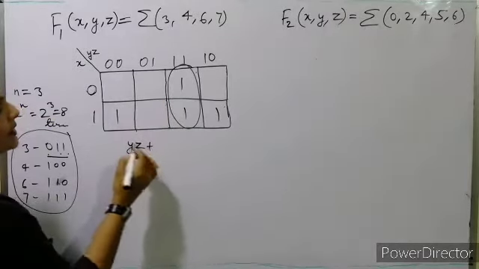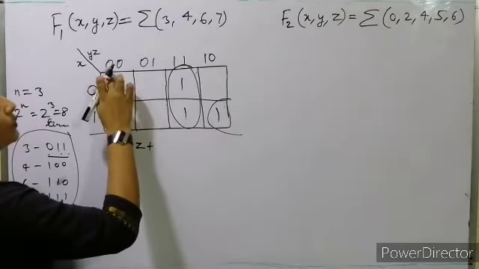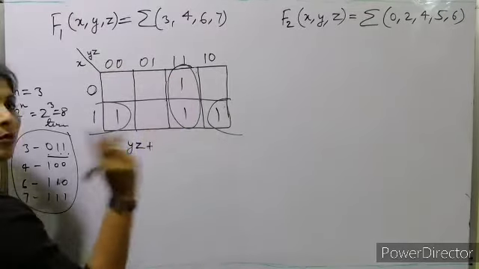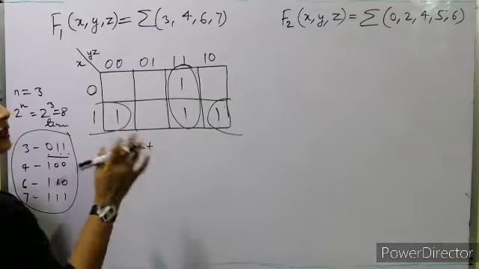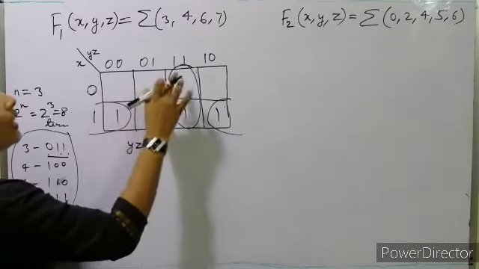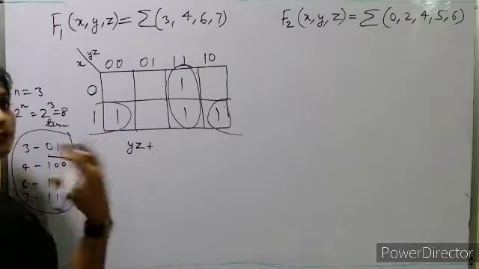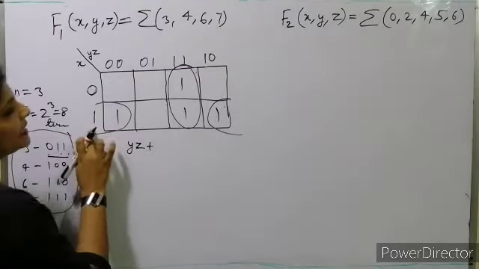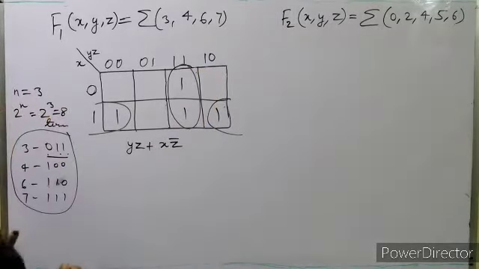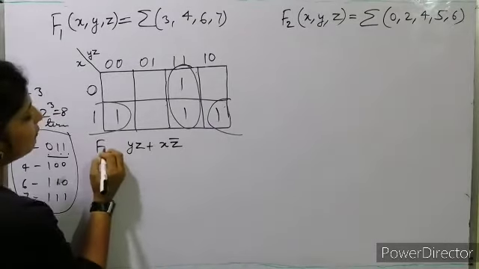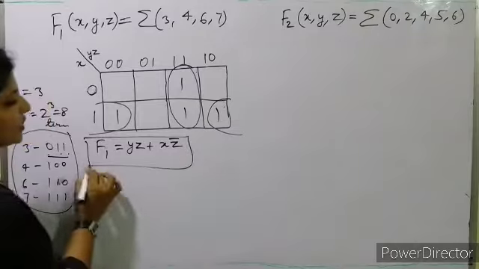Okay, now plus this one and this one, इसमें 1 तो common है, this 0, z के लिए 0, मतलब complement of z is also common. And what is differing? This is 0 and this is y के लिए, this is complement of y and this is y. So ये तो नहीं रहेगा, we'll remove y. So x and complement of z, x and complement of z. Okay, so this will be the value for f1, this function f1.